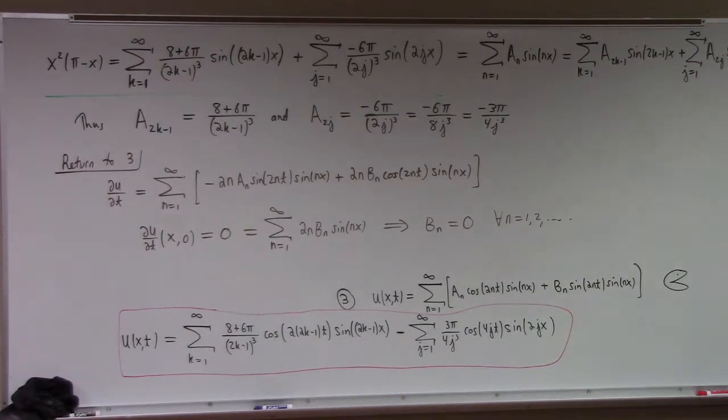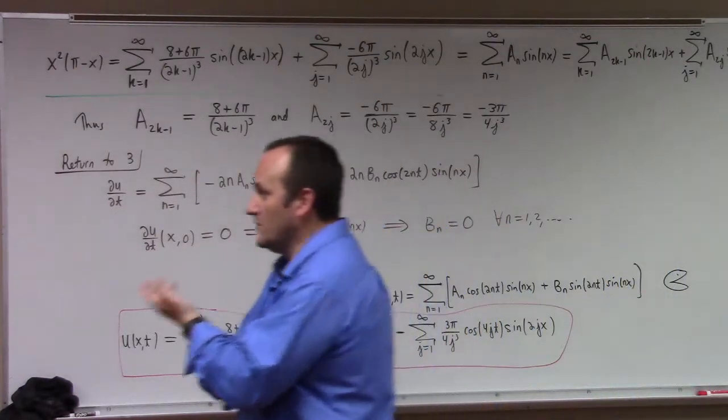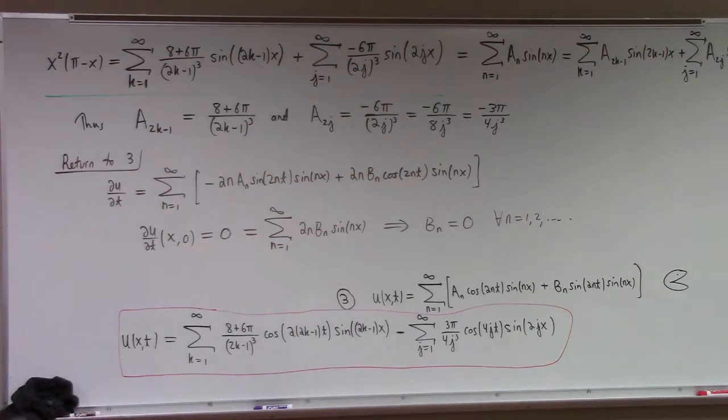See, this problem gets radically easier if, instead of giving this horrible initial position, which is written in terms of a polynomial, right? If instead I had written like, you know, sine of x plus the sine of 3x here,